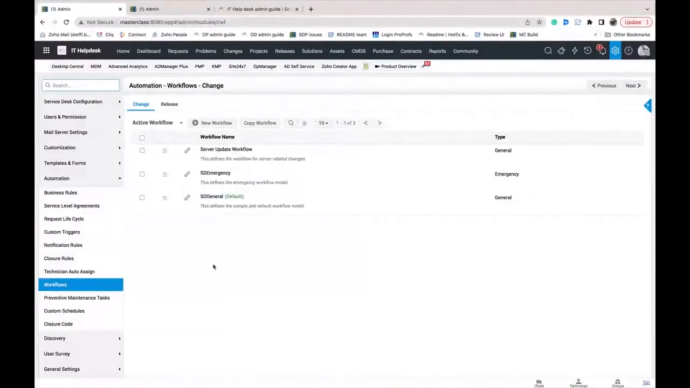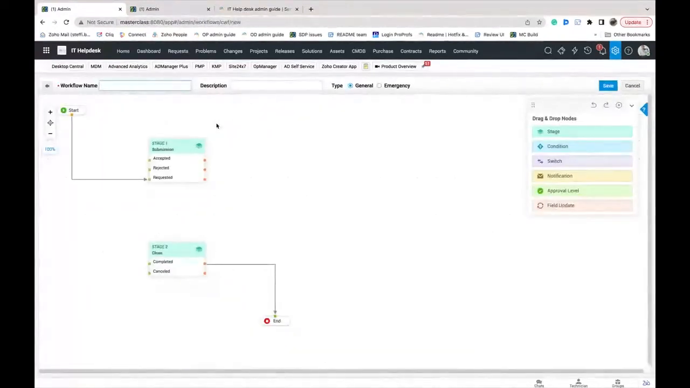And the workflow is a sequential process where you can define how the change should proceed, which stage it should enter first, and what stage it should go to next. And in between stages, you can also define various actions that can be performed. So here we already have a workflow in place, but I will first show you a new workflow to explain